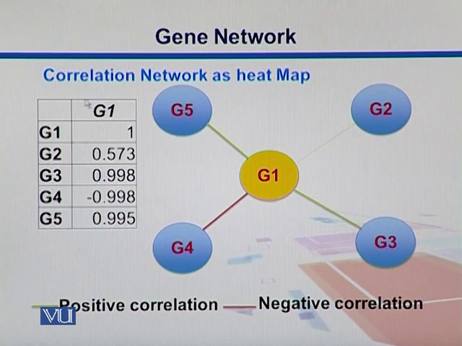For instance, if you have these correlations, we have G1 which is connected to 4 other genes, G2, G3, G4 and G5. So we can use these correlations and draw those edges which represent the correlations between them. Green edges if there is a positive correlation, and the thickness of the edge may be correlated with the strength or magnitude of that correlation, whereas a negative correlation is represented by a red edge. So in this way we can put them together in the shape of a network where we have those nodes, the genes, and the edges or connections between them representing their correlation values.